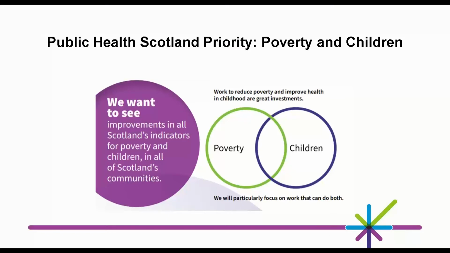We know that living in poverty is a significant factor driving ill health, and we know that getting it right in the early years is crucial to ensure that all children thrive, living healthy and happy lives in childhood and throughout the life course. At Public Health Scotland, we have a clear commitment to supporting Scotland's ambitions to reduce the number of children living in and at risk of poverty. The work we're presenting today is just one of the key ways we have been working with local areas to support and strengthen actions to address child poverty by supporting the better use of data.